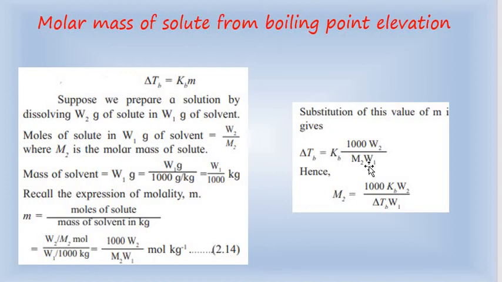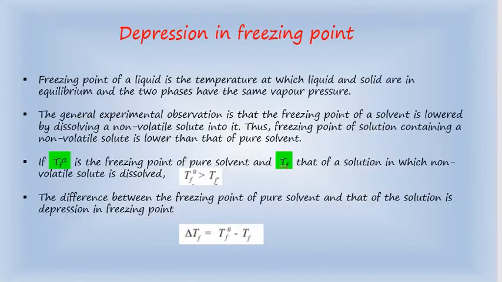If I want to calculate molar mass of solute here, M2 is equal to 1000 Kb W2 upon delta Tb multiplied by W1. This is how we will calculate molar mass of the solute. Now,